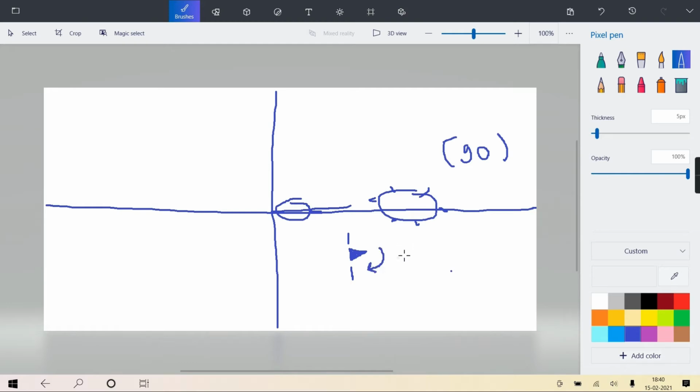So when it moves its face 90 degrees, your turtle face will look this way. You understand? 90 degrees right. And if I say move 90 degrees left, after that the turtle face will look like this, pointing this way.